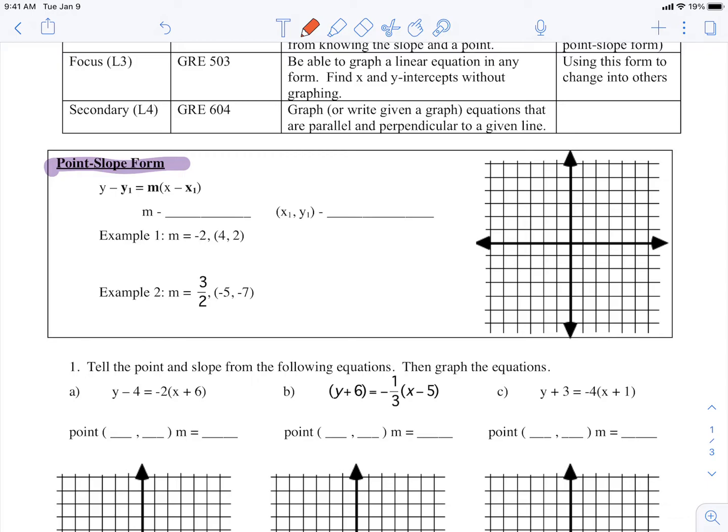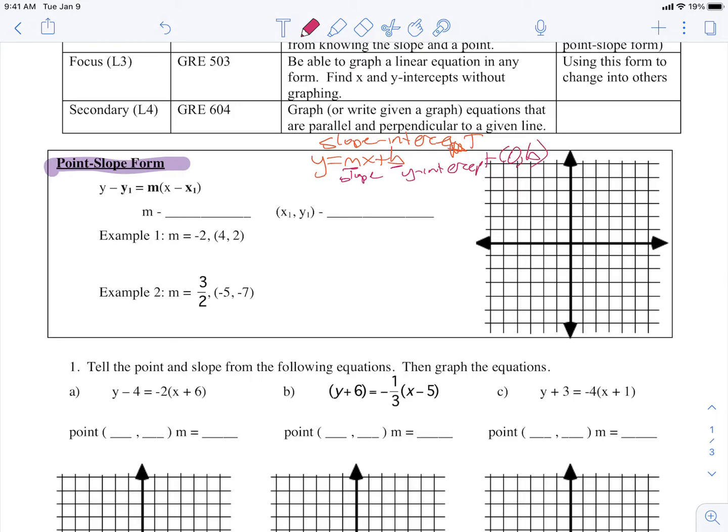You don't need a y-intercept to graph it. You just need a point and a slope, and it's very useful for solving in trying to get y by itself if you're given 2 points. So let's just kind of compare point-slope form to slope-intercept form. So we know the slope-intercept form is y equals mx plus b. That's slope-intercept. And from this form, we could see that m is your slope and b is your y-intercept, which is the